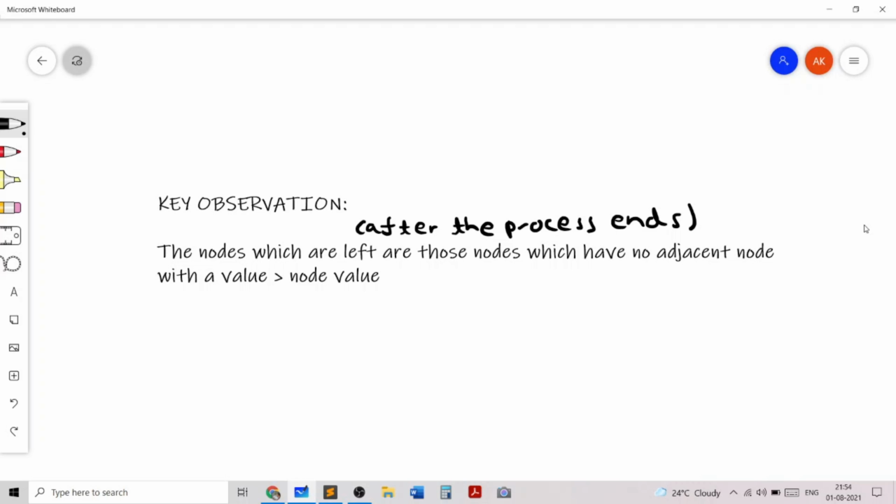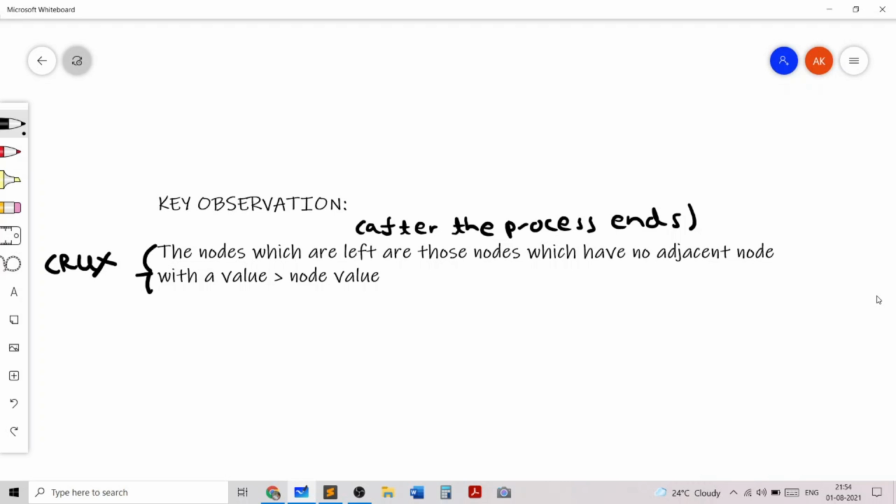Wait, more precisely, those with no adjacent node with a value less than the node value. And this is actually the whole crux of the problem. This is what the problem depended upon. The second part of the problem is the implementation detail of how to add and remove edges. But this is what you should spend time understanding.